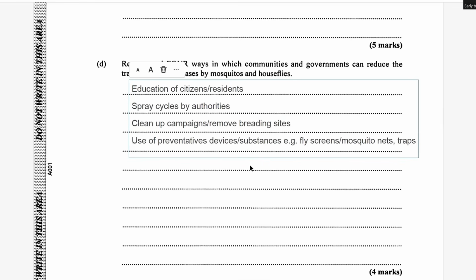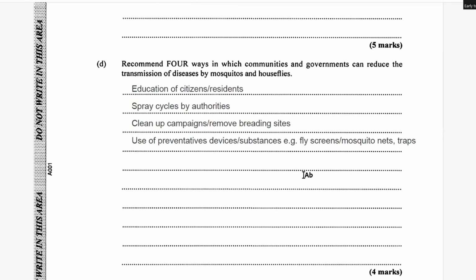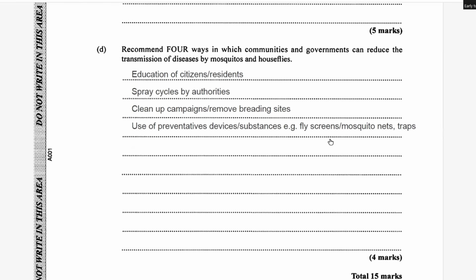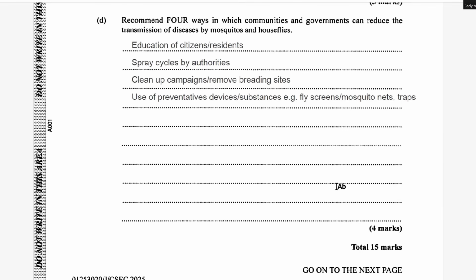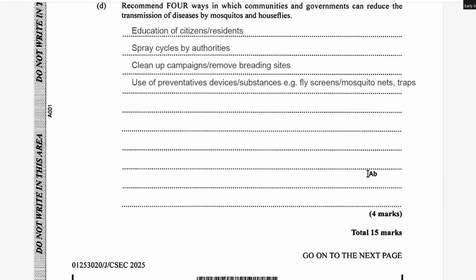You know those electricity traps. Some of them come in rackets where you see the mosquito and basically you're hunting the mosquito, trying to swipe it with the racket. Yeah, all of that is preventative devices that you could use. So I just gave some examples. Oh, obviously screens, mosquito nets, fly screens. You could put that on your doors, on your windows to keep them out. You could sleep with mosquito nets, and you do have space to write and explain stuff if you did have that time. So this would have brought us to the end of question 5.